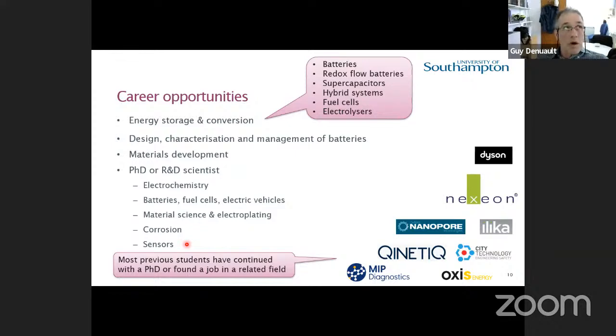We must be on the 9th generation of sensors. And so there's a lot of job opportunity in sensor development there. On the right-hand side, I've listed some of the companies that have taken our students. Some are sensors like Nanopore. Ilika is a battery technology. Nexion is batteries. Dyson, although Dyson is a manufacturer of vacuum cleaners and so on, they also have a strong